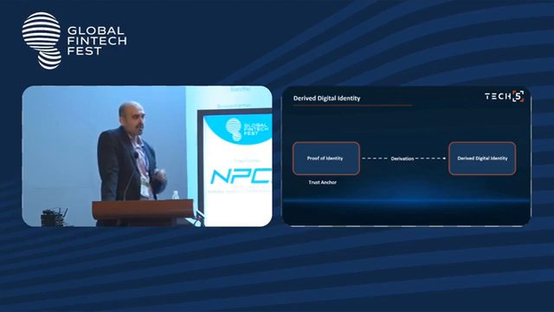There is another concept that is being talked about in the industry, and that's the derived digital identity, where after the proof of identity is established from the trust anchor, right, where you do your AML checks, you do your credit scoring checks and all of those things, the organization who is actually performing those checks or availing those services can decide to derive their own digital identity. That digital identity can then be circulated to their customers so that it becomes specific to that particular organization, rather than going and latching into a central service provider every single time. It also helps the entities to give other services along with it.